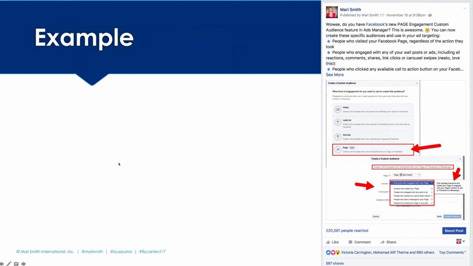And another example, this one was one of my highest reaching posts in the last probably 6 months or so. And I can't really promote it because there's so much text on it. It's simply a marked up screenshot of a wonderful new feature that Facebook has with these page custom audiences. You can create a list of people who have visited your page, who've clicked on any of your posts, even people who've sent you a message, and you can target them with more content.